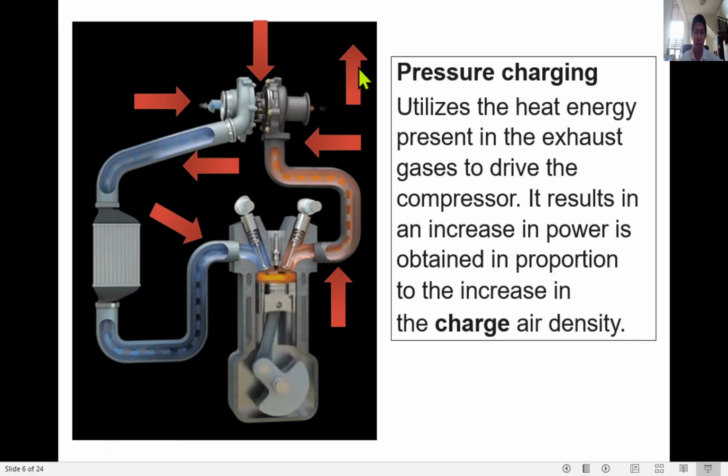As the exhaust turbine wheel rotates at high speed, the compressor also rotates at high speed because they are connected on a common shaft, the same shaft. As this rotates, there is a suction of air from your engine room, and this air is compressed by the compressor wheel and delivered through this pipe,